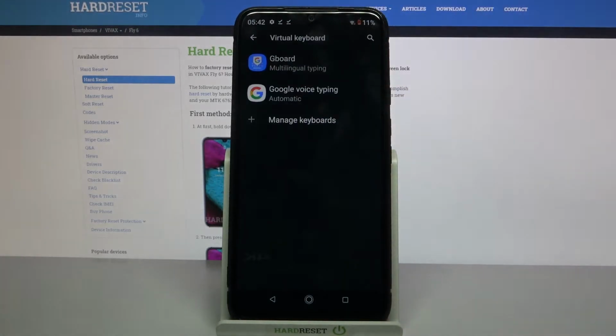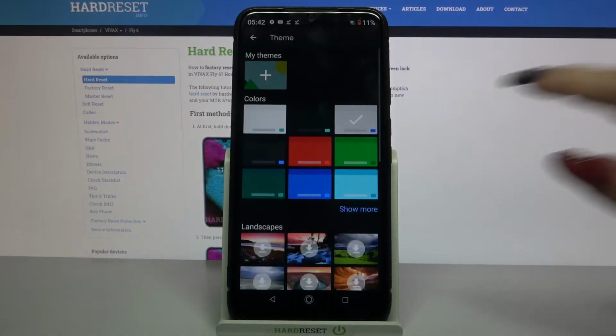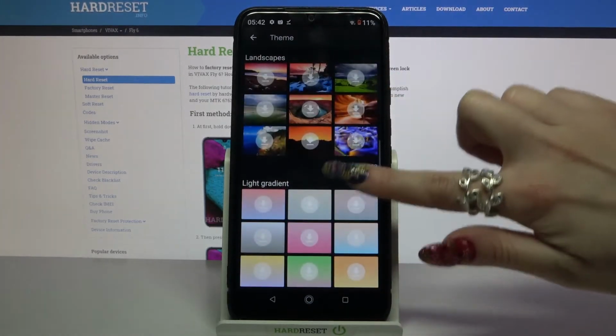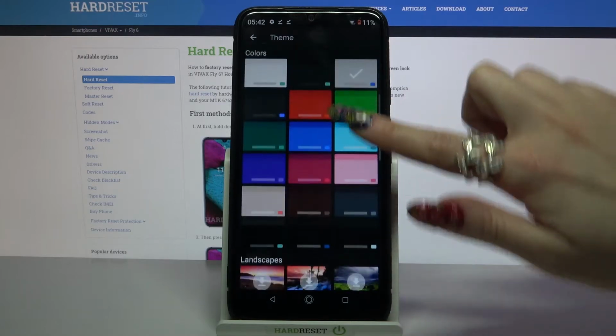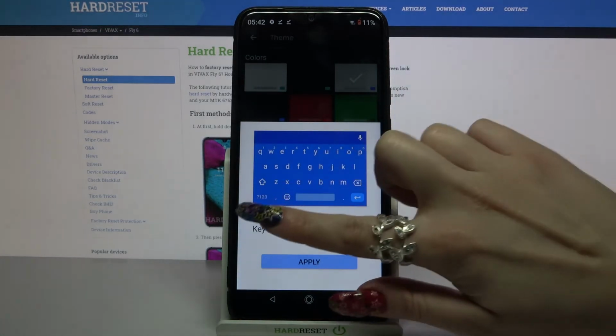Now virtual keyboard and your currently used keyboard, in my case Gboard 1. Over here you need to click on theme and tap on show more to see all available options. When you're done, you can pick a color, click on the switcher next to keyboards to enable or disable them